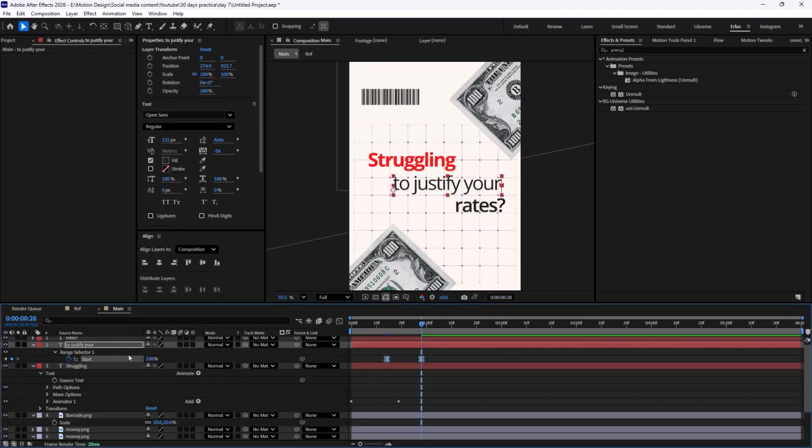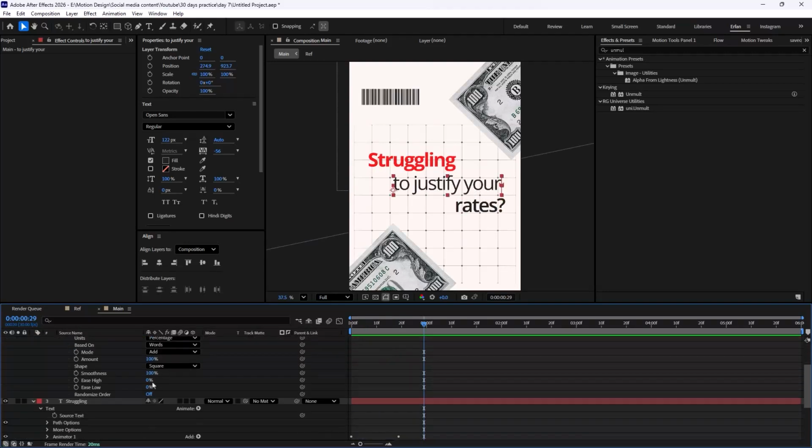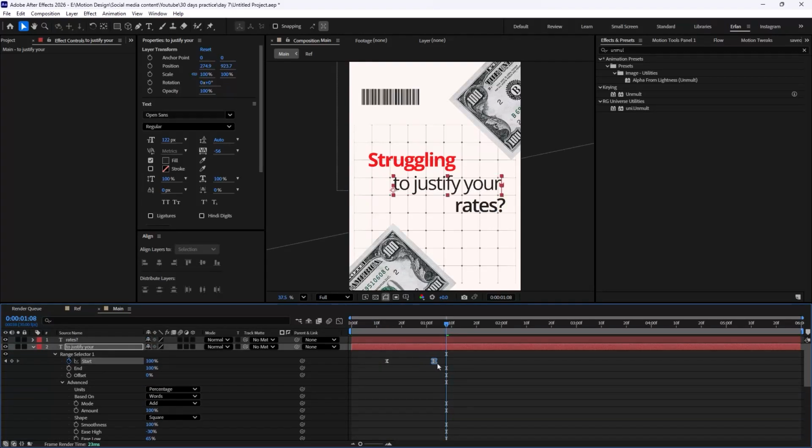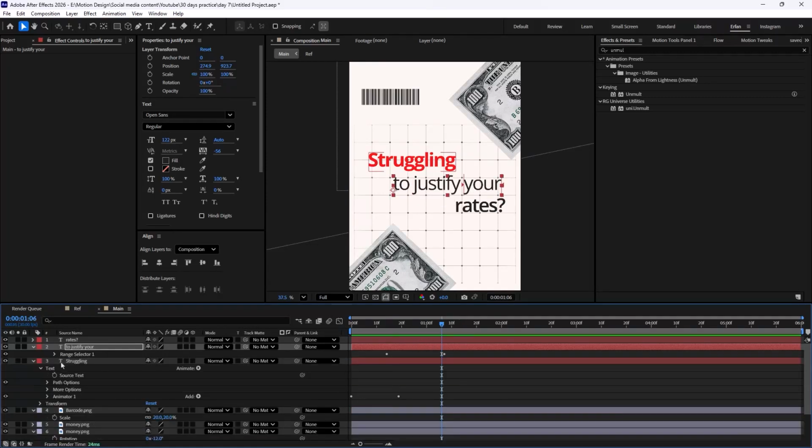Let's just apply the standard easings. Well, it does not look good, but we're going to get back to the advanced section one more time. Ease high -30, ease low 65. Okay, I'm going to increase the distance a bit. Okay, that's good. And we're going to get the animator one in here.